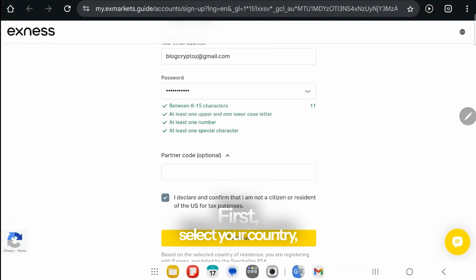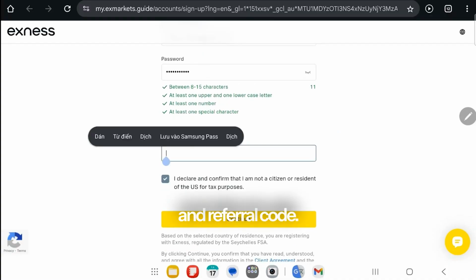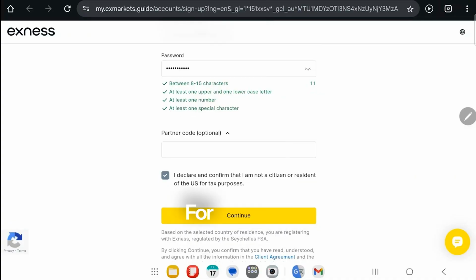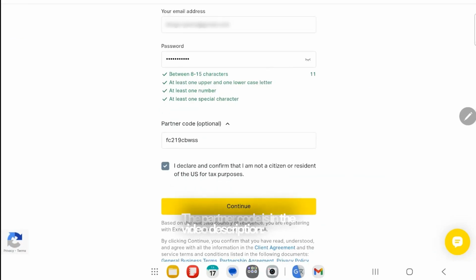First, select your country, then enter your email, password, and referral code. For the password, use uppercase, lowercase, numbers, and special characters. For example, account 123E. The partner code is in the video description,